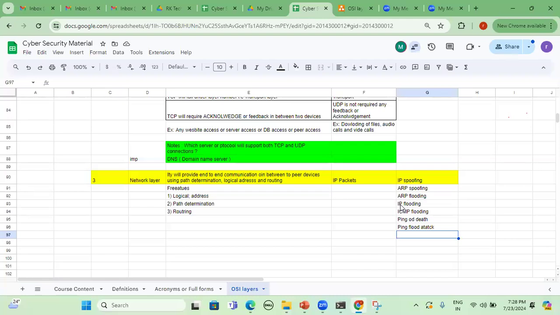Who will send a large number of requests? Obviously the attacker or hacker, threat actor, adversary or intruder will do it, and he will try to compromise the target information as part of the cyber process. That is, as per the CIA triad, called availability. That is what happened 2 to 3 days back on July 19th. Microsoft across the globe was affected because of the CrowdStrike Falcon sensor agent flaw.